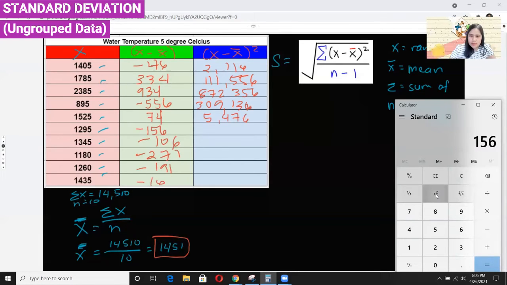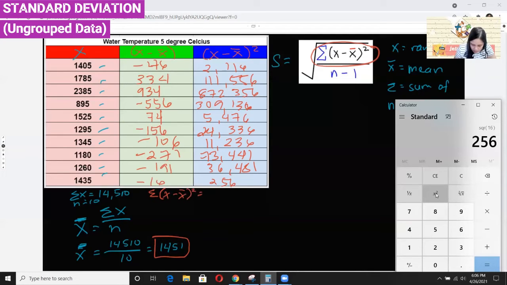And then after that, we have 156 squared. We have 24,336. 106 squared, we have 11,236. 271 squared, we have 73,441. 191 squared, 36,481. And then 16 squared, we have 256. Now to get the numerator in the formula, we're going to have the summation of the x